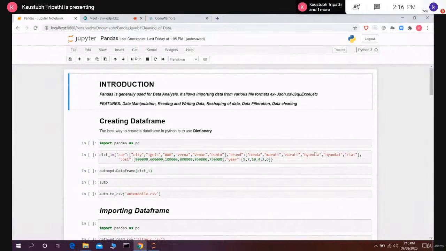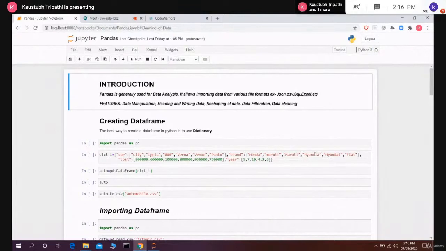Okay guys, so let's start Pandas. Earlier Mr. Mayank Bajaj explained the complete NumPy library. In the same way there is another library, a competing library for NumPy, that is Pandas. Most of the features of Pandas are exactly what NumPy is doing, the same thing is done by Pandas, but in a different manner, or you can say in a more efficient manner.